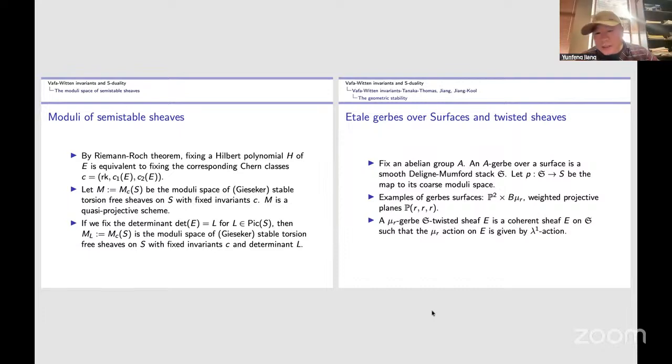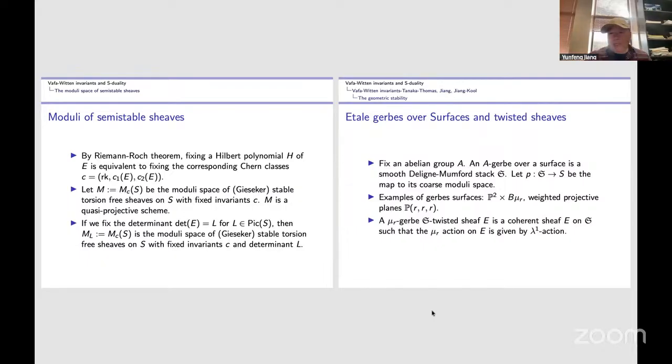So a mu_r gerbe-twisted sheaf is a coherent sheaf such that the mu_r action on E is given by lambda to the power 1. Really, if I have a Deligne-Mumford stack gerbe, the gerbe-twisted sheaves form a subcategory of the category of sheaves on the Deligne-Mumford stack, because for a coherent sheaf on the stack,